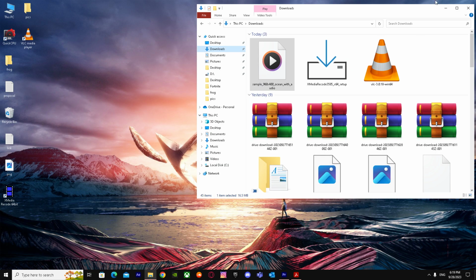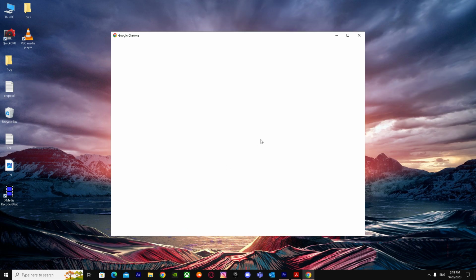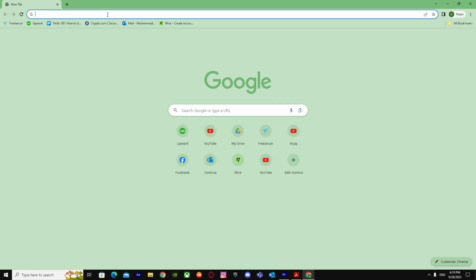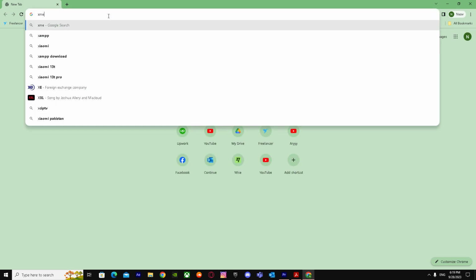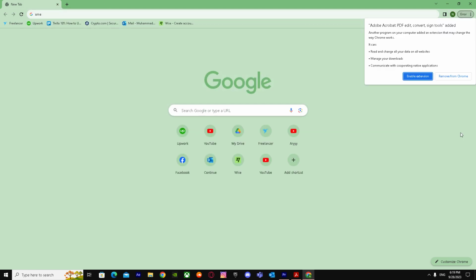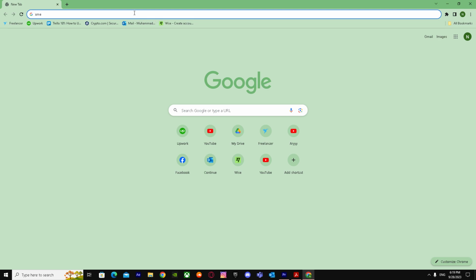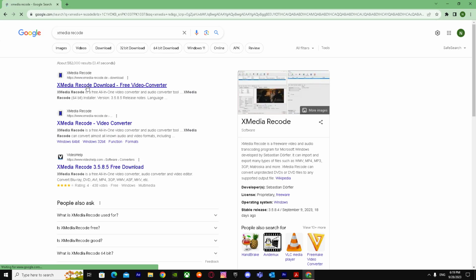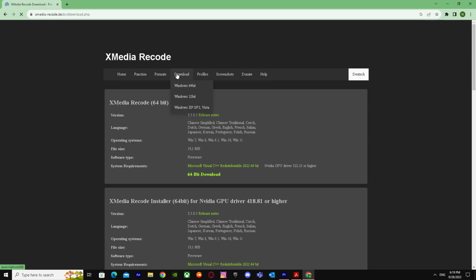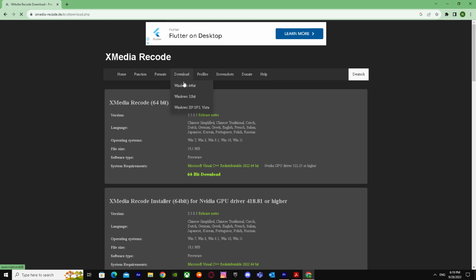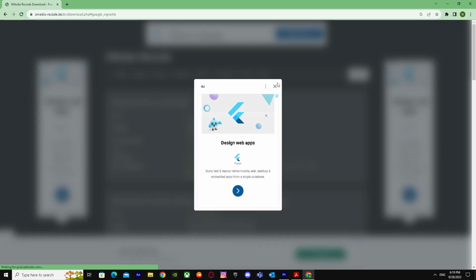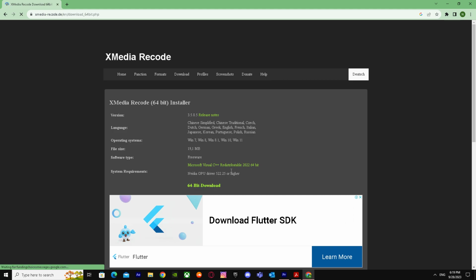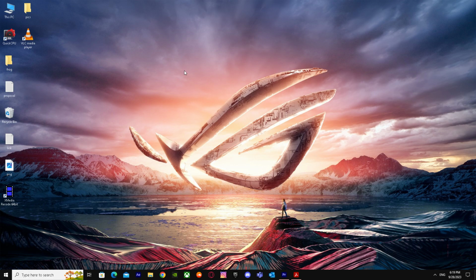So first of all, go to your web browser and you have to download Xmedia Recode, yeah, Xmedia Recode, this one. You have to download it for your compatible bit. So if you have a 64-bit, just download it. Just click here. I already have it downloaded and installed, but when you download and install it, just go over